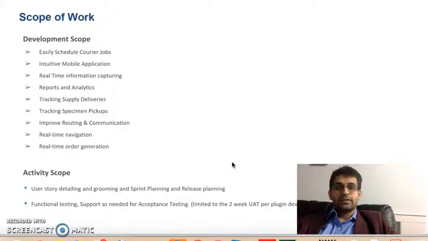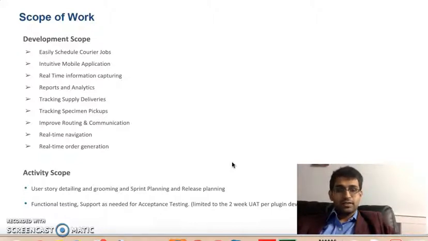Tracking supply deliveries: any supply delivery which is being picked up, and during the delivery, all those specimen pickups, all the proof of pickups when the driver has to get a signature or take a screenshot, or when the driver has to communicate this information back to the API, all of this information will be part of the current mobile app. Also, quick note, when I mention a driver, both courier and driver are people who will be actually picking up specimens at laboratories and delivering those specimens at another laboratory. The terms courier and driver are used interchangeably in the documentation.